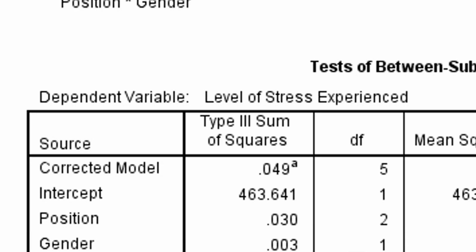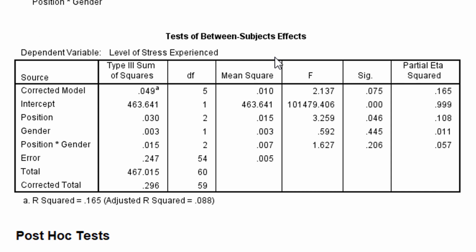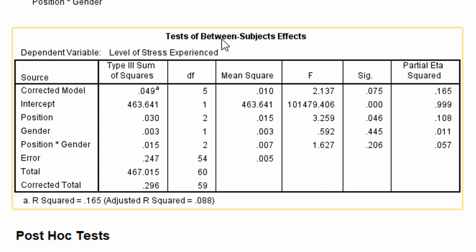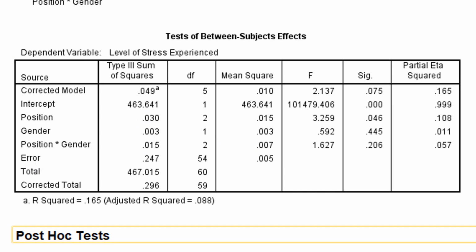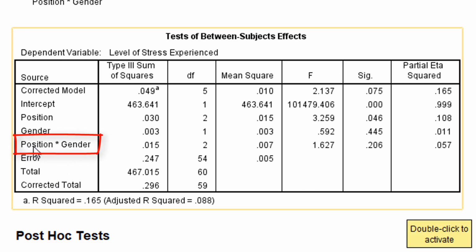Now we come to the main table. This is called tests of between-subjects effects. This is the main ANOVA table. Actually, the first thing you have to see is the interaction effect. Here you can see position and there is a star, gender. This shows a multiplication or combination, the interaction term of position and gender, and from here we see that